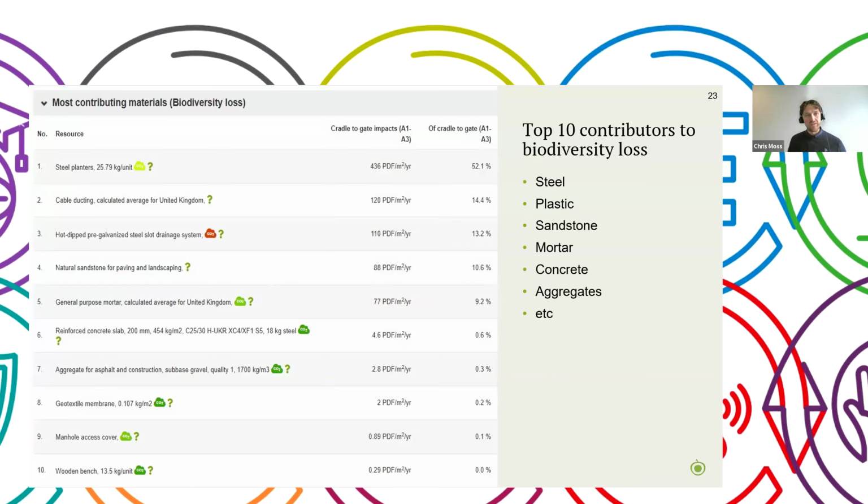We can see there that steel planters, cable ducting, hot dip pre-galvanized steel, drainage systems, etc., all contribute. And we can see the extent to which they did, that the embodied impact of the steel planters accounted for 52% of all of the impact associated with those upfront A1 to A3 impacts. You can see the measure is 436 potentially disappeared fraction of species per meter squared per year. That's if we're thinking that